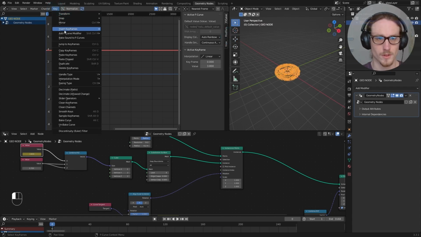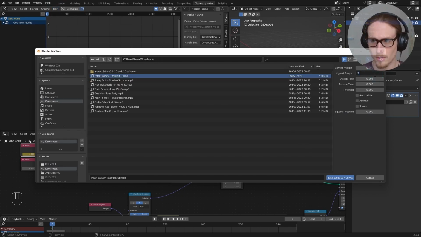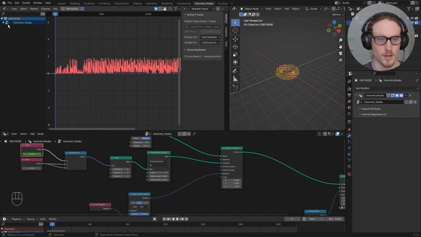So with all of those objects selected, I'm at frame 0, bake sound to F curve. Key, bake sound to F curve. Let's start with 0 to 500 and reduce our takt time as far as we can. Bake sound F curves. So there's our first step. We've got that first value baked into our F curve, and you can expand your geometry node object and click